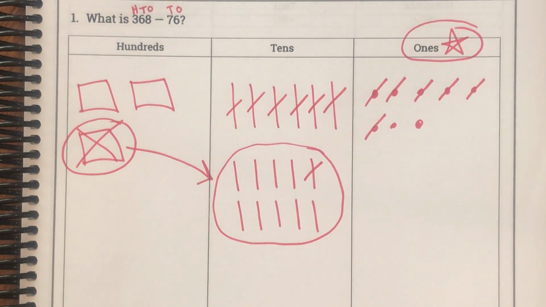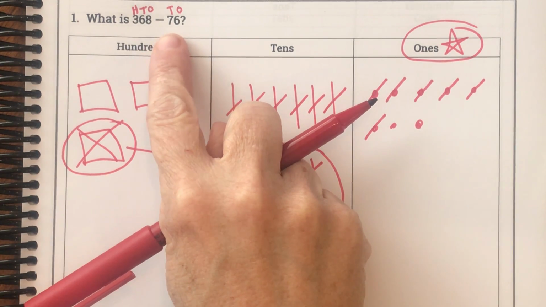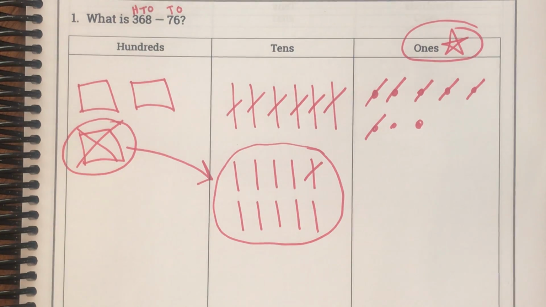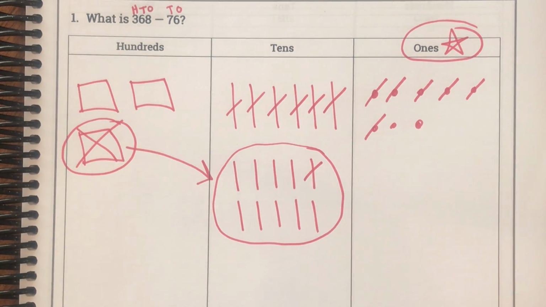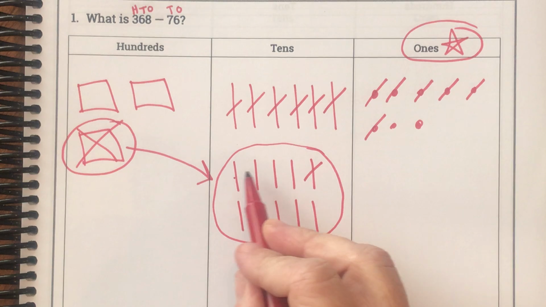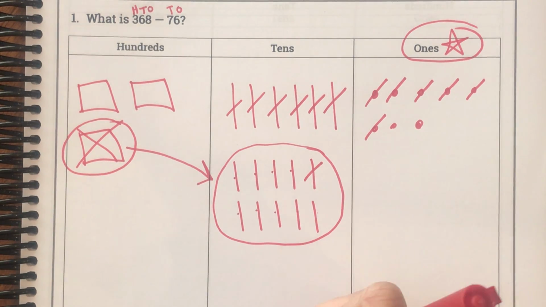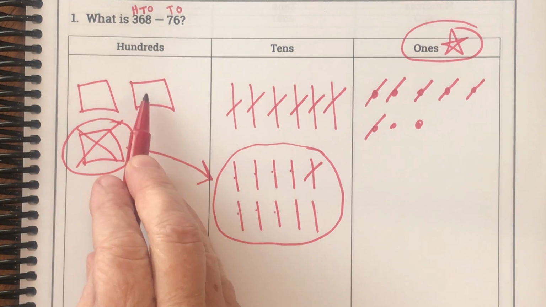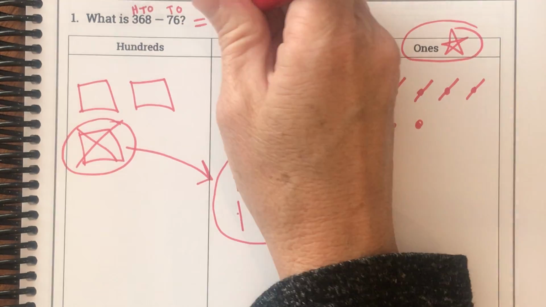Okay, do I have enough to take away hundreds? Sure, because I don't need to take away any. They didn't say to take away any hundreds, so I'm done. Other than writing my answer, what do I have? I have 2 ones. I have how many tens? 1, 2, 3, 4, 5, 6, 7, 8, 9 tens. And how many hundreds? 1, 2. So my difference is